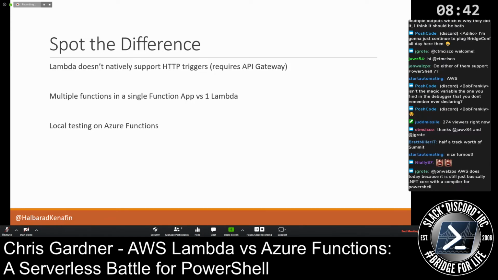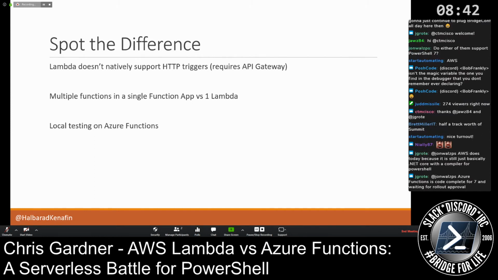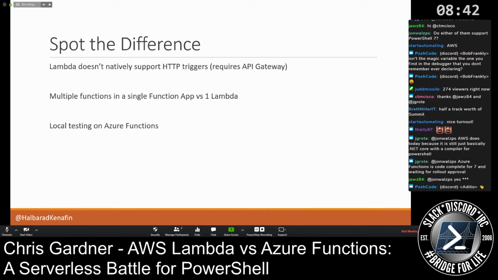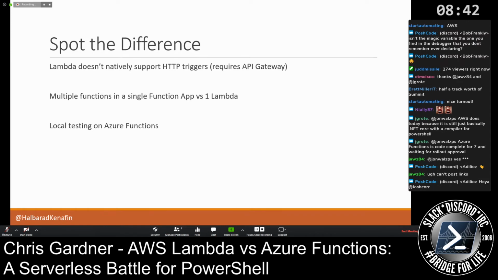So that's pretty useful. Lambda does have something similar, but it's only available for Node, Python, and Go. None of those is, say, PowerShell, so that's a bit of a problem. And while you can just run the PowerShell script locally, it's not really a proper test of what's going to happen when it's in the cloud. So it's sort of in the middle. You kind of get there, but maybe you need more testing.